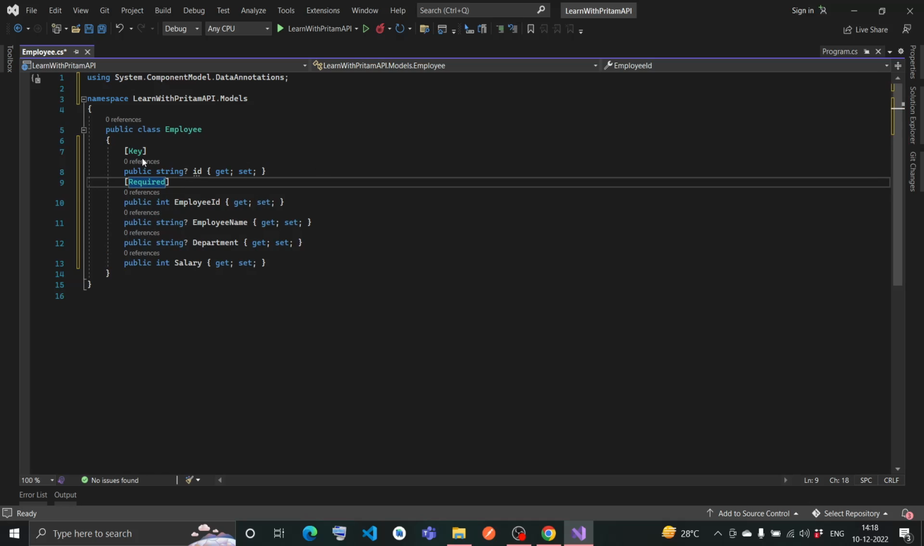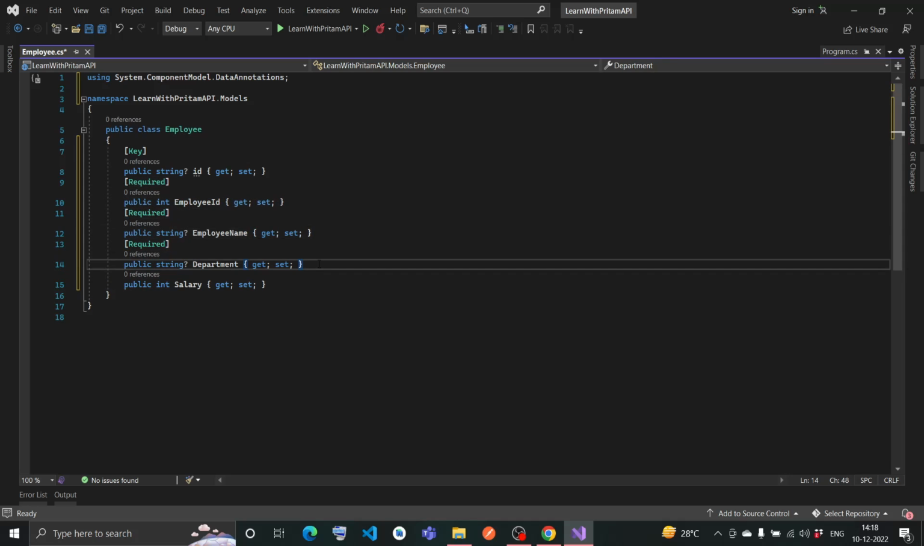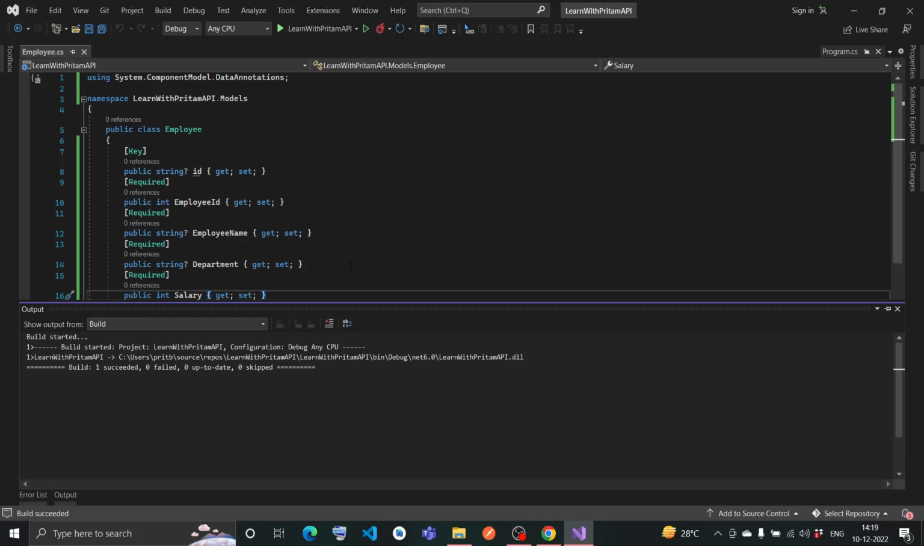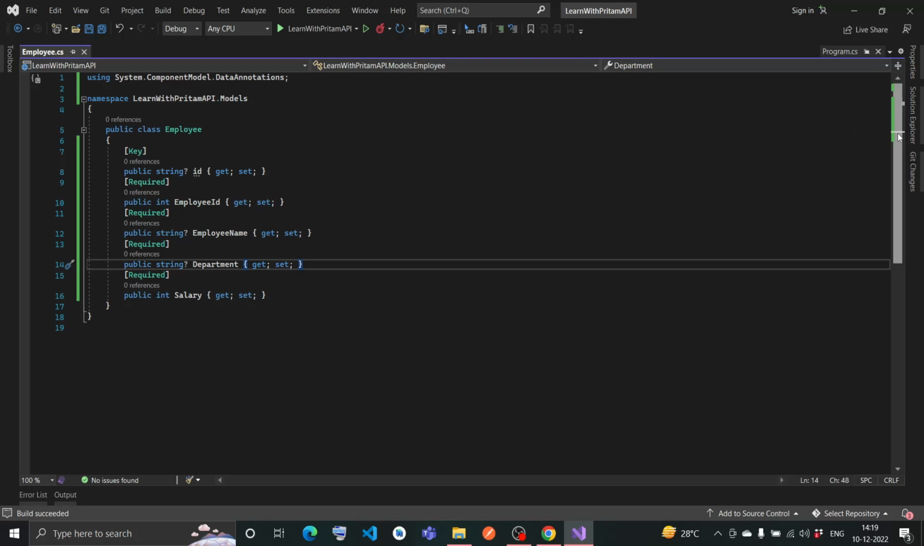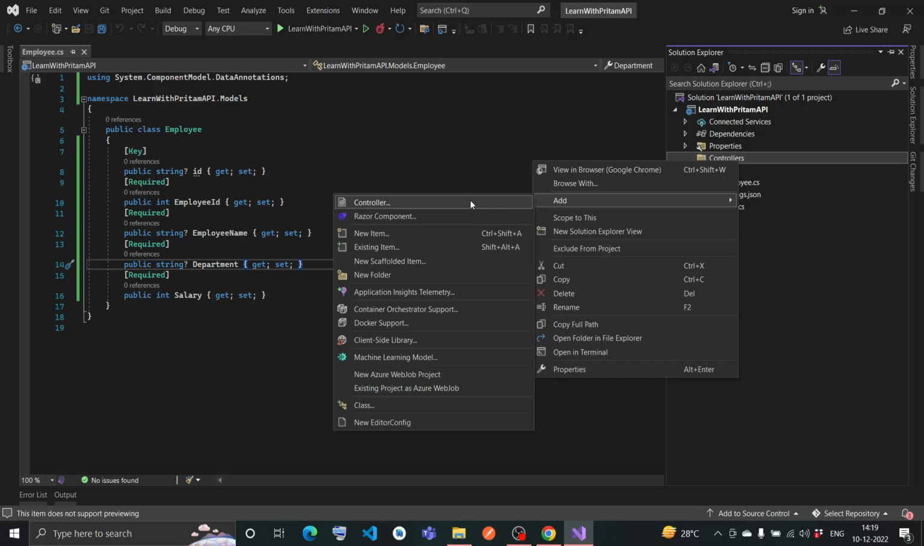Key is already added as key. This one is already added as key, so it is mandatorily required. And then the other properties also, let me make them required. Let me build this. Okay, build is successful. Now my model class is created, and now I want to add one controller inside the